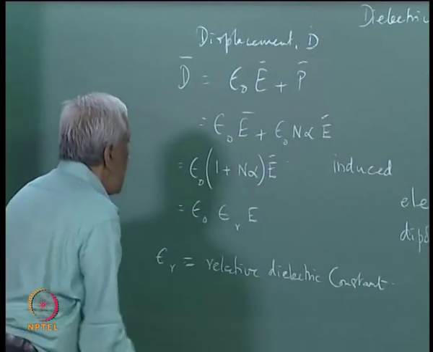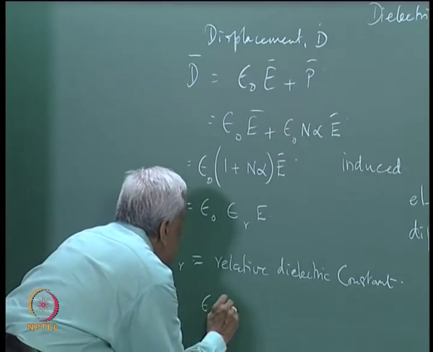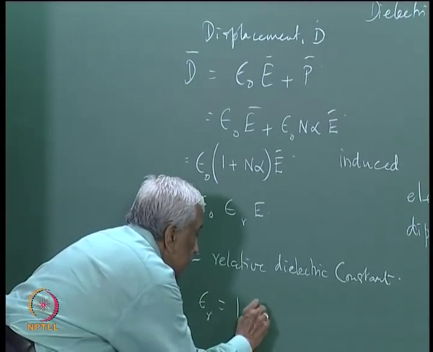So, that we arrive at epsilon r equal to 1 plus n alpha,